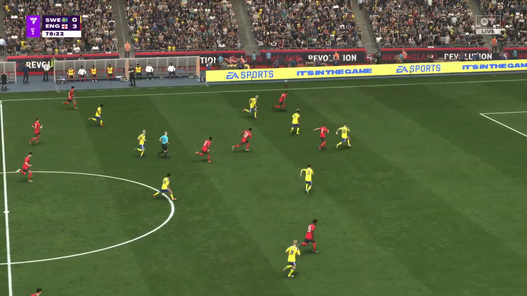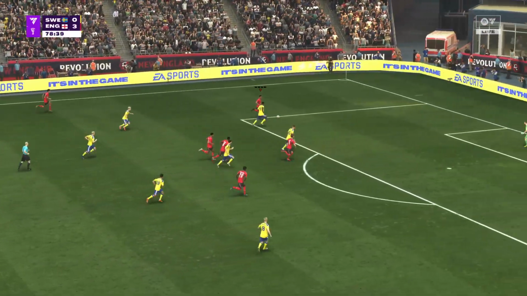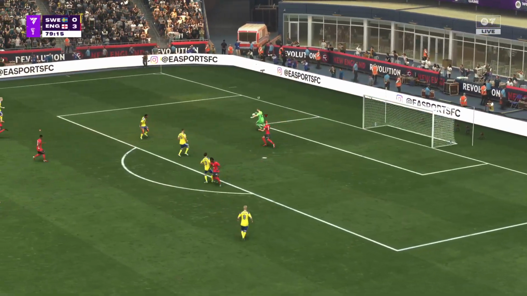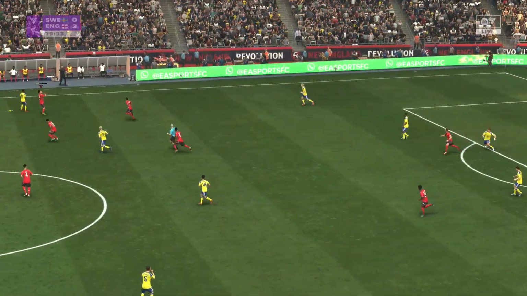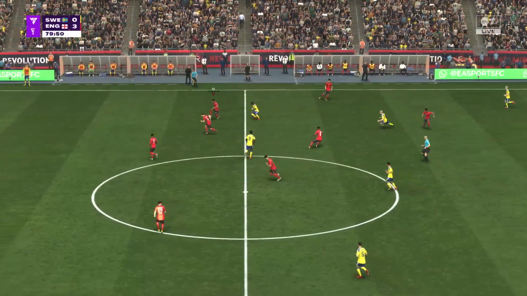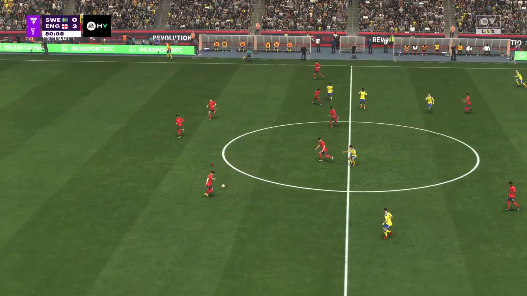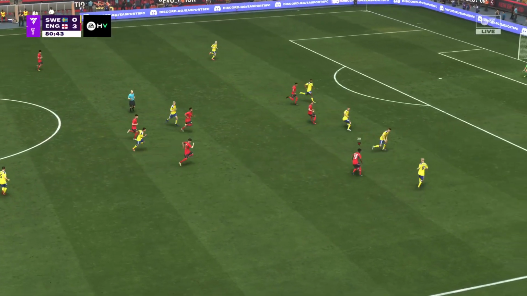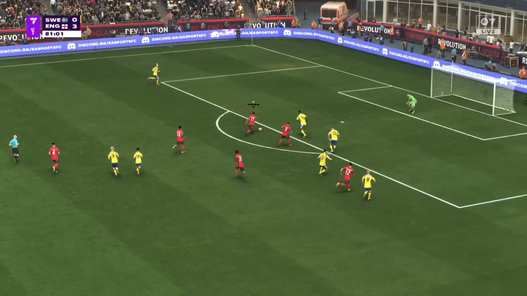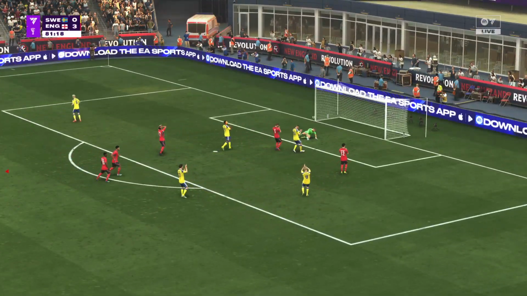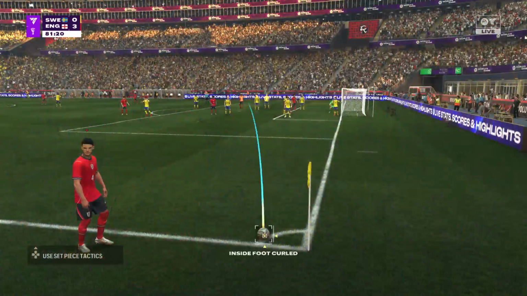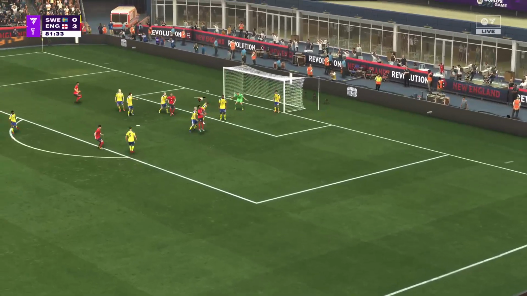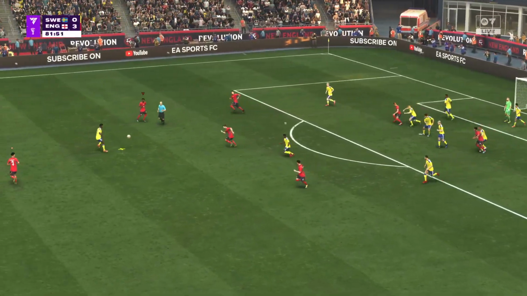Morgan Rogers. Now space for England out wide. And Harry Kane ready to pounce. Well, the keeper calmly putting that moment of danger to bed. Ten minutes to go. And the keeper has to deal with it. Corner kick played in.